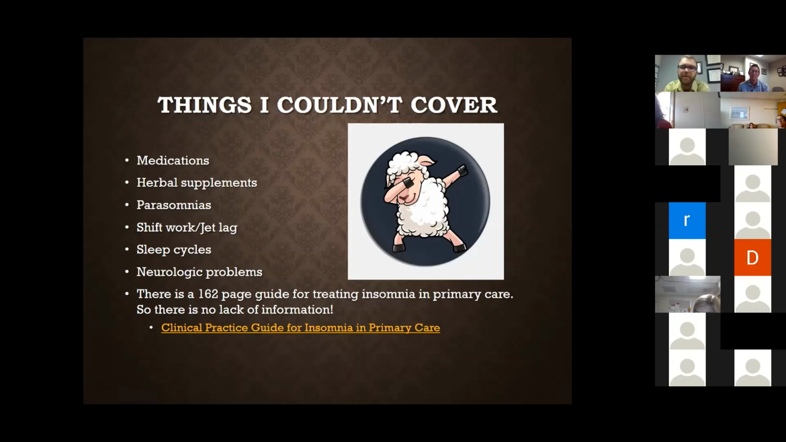But there are a ton of things I couldn't cover here. So medications is a huge one, very huge, especially for a primary care doctor. Herbal supplements,